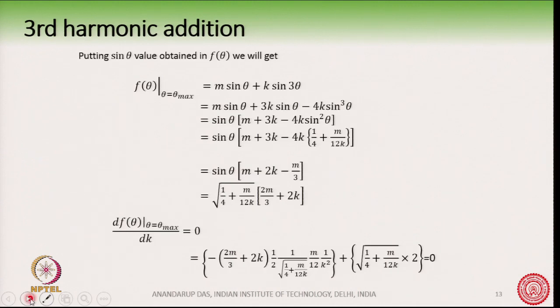We will put it back at theta equal to maximum, the value of f(theta), which is m sin theta plus k sin 3 theta, and expanding we get something like this here, and we have already obtained the value of sin theta at theta equal to maximum earlier, and we substitute that value of sin theta here. And so, we get this expression here. Now, this expression we will differentiate once more to find out what value of k will maximize this. So, we will take d f(theta) by dk at theta equal to theta max, put it 0 and differentiate it once more, which is shown here,